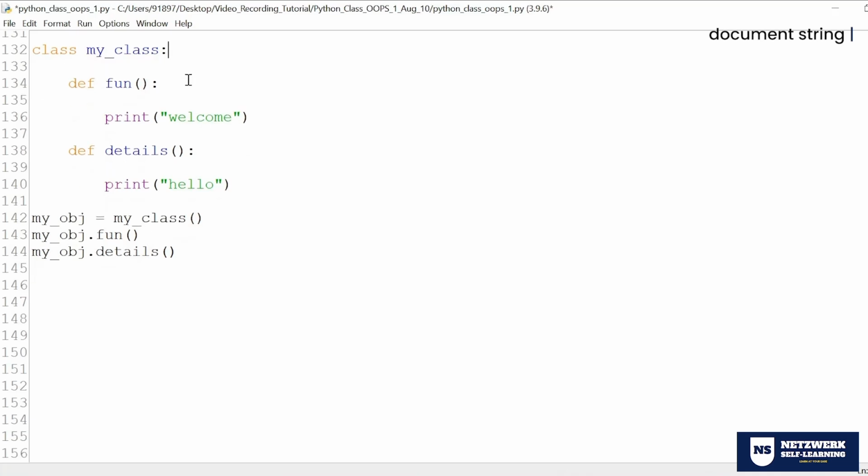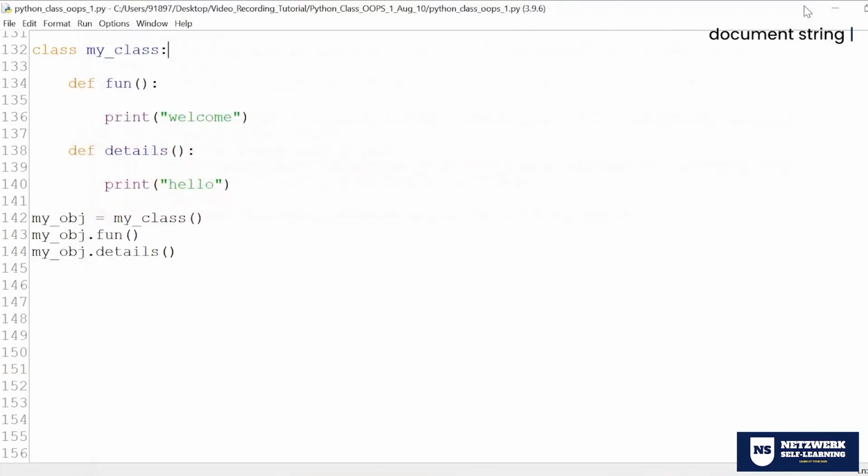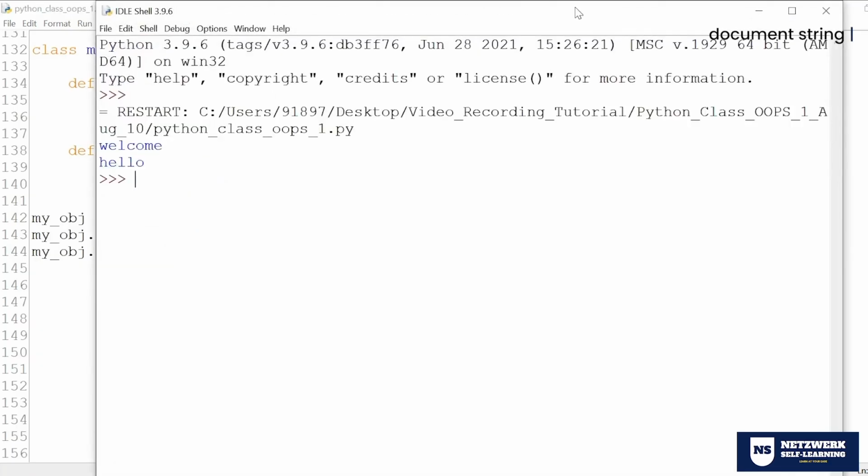Init is specifically what you mention when there is a need for you to do the initialization. If there is no need, no need to mention init here. It's just a direct calling. But look at this. It says function takes 0 arguments, but 1 was given. Why? Here, I told you, whenever you create a constructor, there will always be one object created. So even though you're not initializing any init here, still you have to use some reference, any reference. Say py. Now it will work. So that is the point.